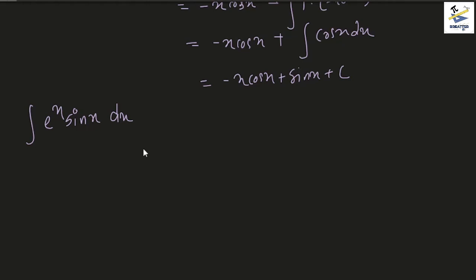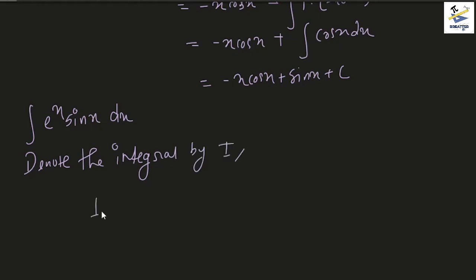Okay, let's see. Denote the integral by I. Then what we have is I is equal to integral of e to the power x sin x dx. Now if you remember in the rule ILATE, e, that is for exponential functions, came last. So obviously e to the power x is going to be the second function here, and sin x is going to be the first function. So applying IBP, or applying integration by parts,